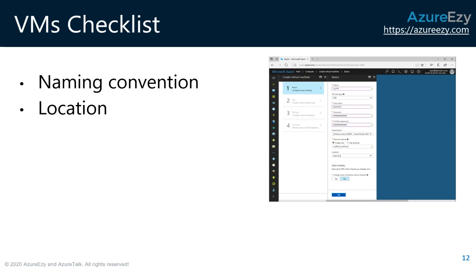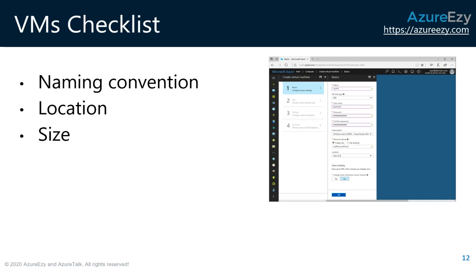the global availability or the global presence of Azure, which is quite difficult if you are talking about on-premises. You cannot have your presence across the world the way you have with Microsoft. So Microsoft has a global presence, and you can make use of that global presence when you are choosing this location.